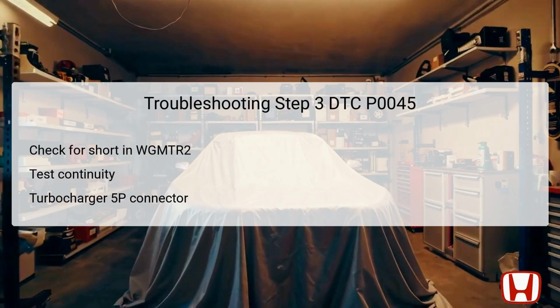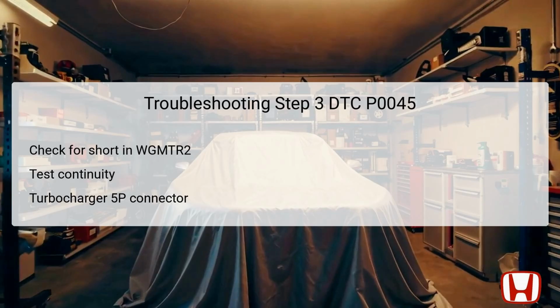For the third troubleshooting step relating to DTC P0045, focus on the WG-MTR2 line. Check continuity again between designated test points, ensuring that the Turbocharger 5P connector remains disconnected alongside the PCM connector E80P. This time, focus on Turbocharger 5P connector terminal number 1 and body ground. A continuity reading would indicate that the wiring for WG-MTR2 may have a short that needs addressing. If there is no continuity, you will continue with troubleshooting, moving to open wire checks to further investigate potential connection